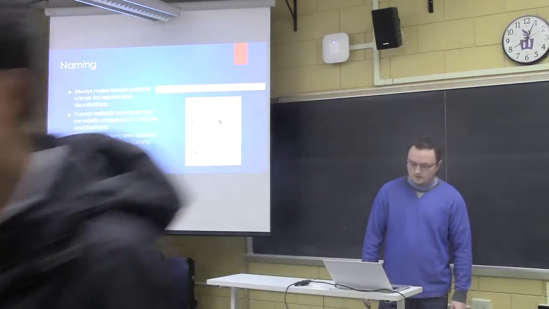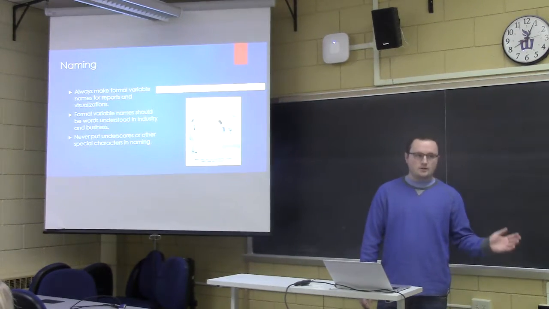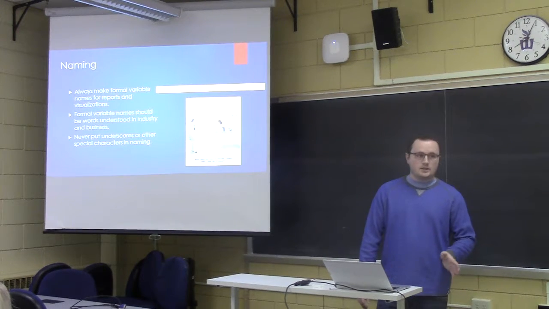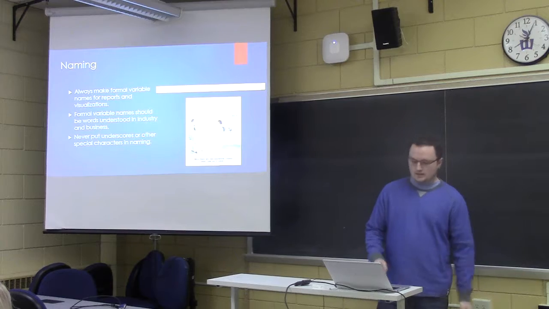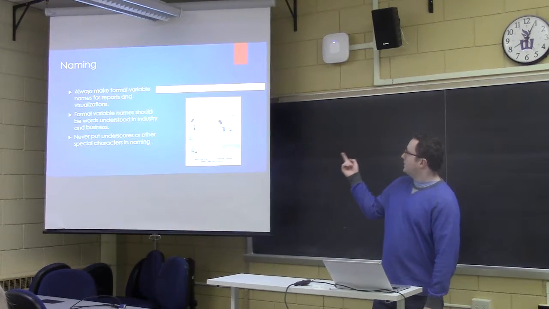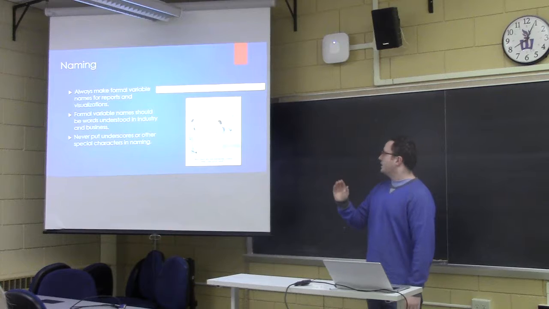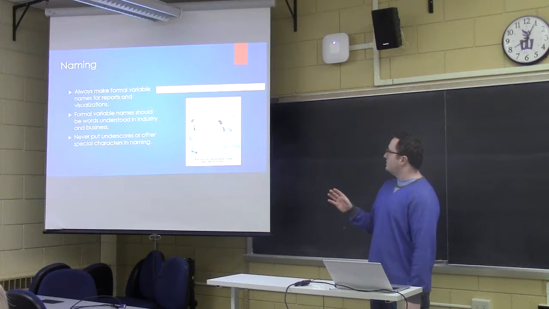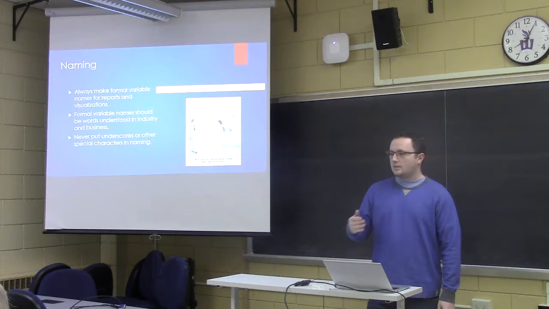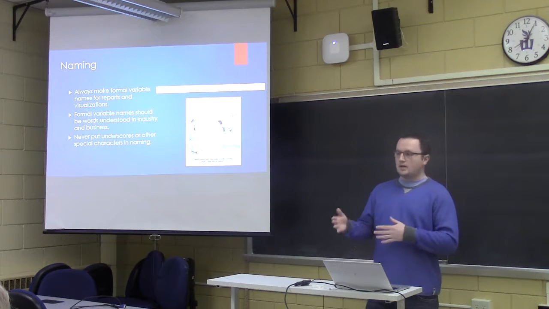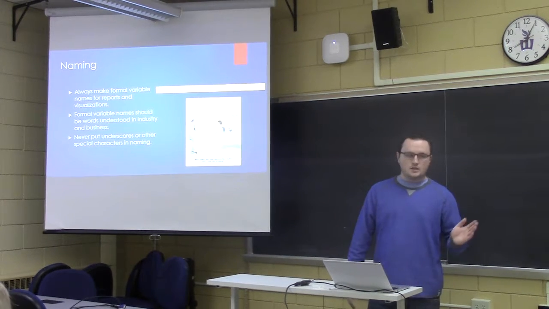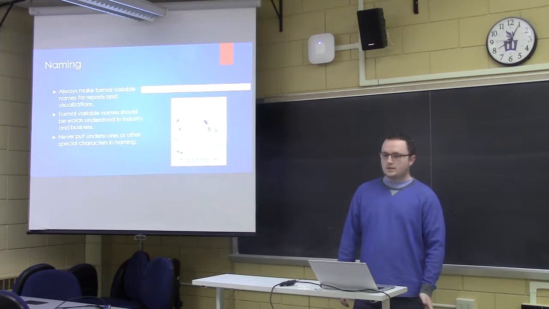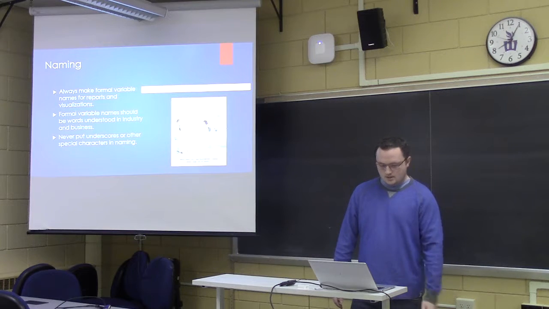Naming, so this is just making formal variable names for all of your columns and everything. At Dart at least, all of our variable names are really stupid looking. I made an example here. They always have a stupid first part and then an underscore and then the actual name of what it is. So you should always do aliases for everything that you do, so that when you're making a visualization or doing it in any other program, you don't have to change the names there, just change it here. Do it in the first step, especially if you're going to turn it into a report. You'll just be saving yourself time, so make aliases the first step of the way.